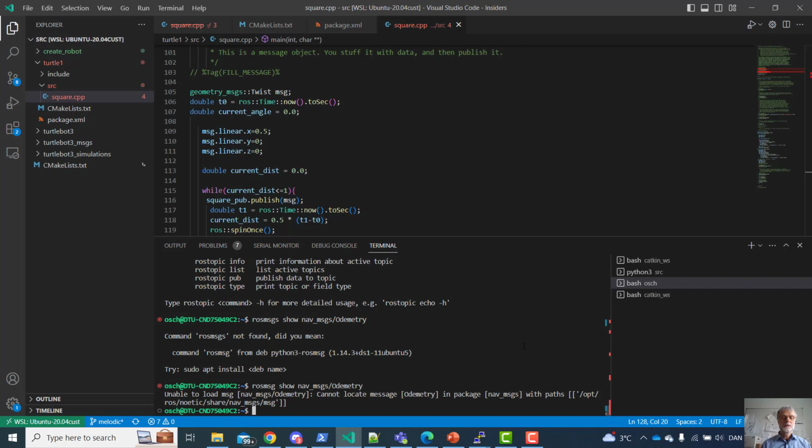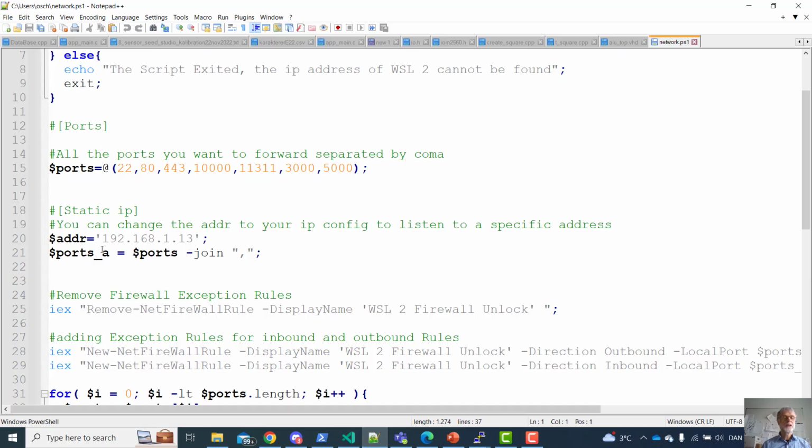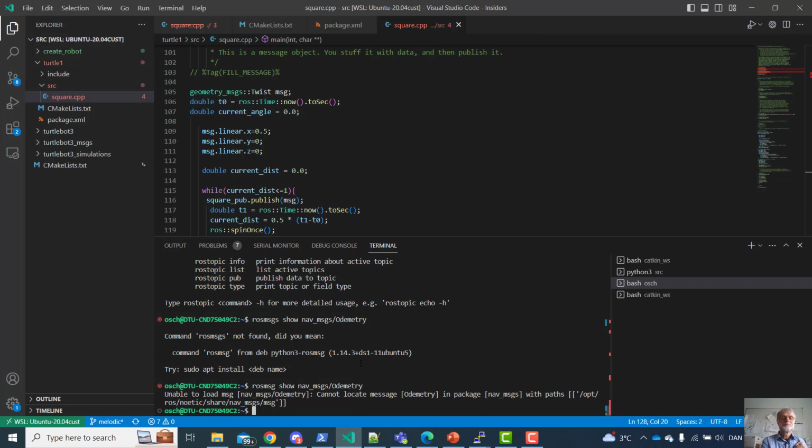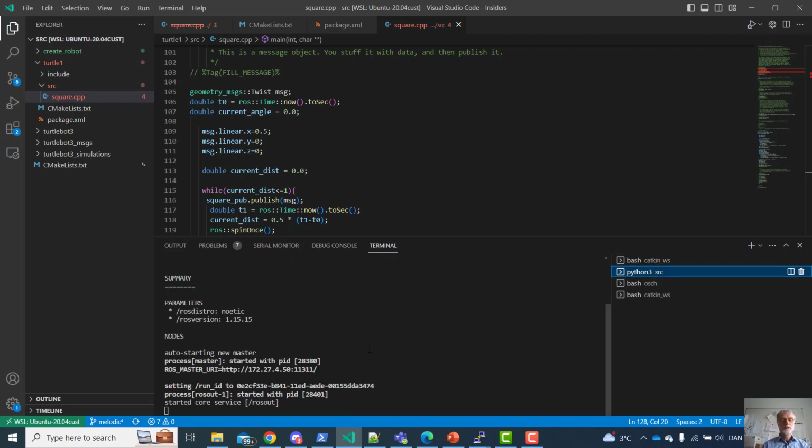we need here to have the settings for the PC's IP address known, and in the network file have the IP address updated, and in the PowerShell run this script here afterwards, and then open up Visual Studio Code, create terminals here, and in one terminal we start the server,